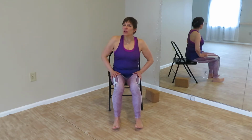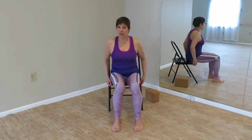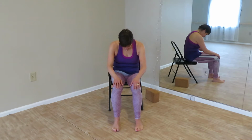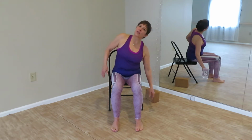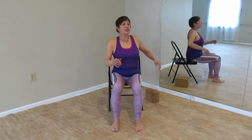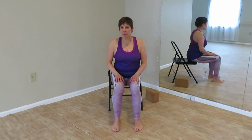a chair. The benefit of being in a chair is I do not need to worry about balance. I can use the stability of the chair to isolate the sensations of working with the spine. The 6 positions of the spine are flexion, extension, and lateral stretching, lateral movement, right and left, and rotation, right and left. Those are the 6 positions of a healthy spine, and we will be exploring these positions in relationship to gravity